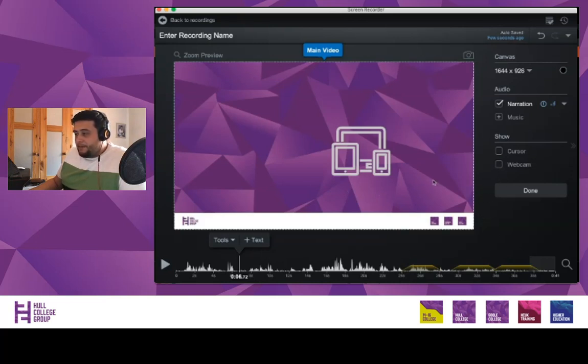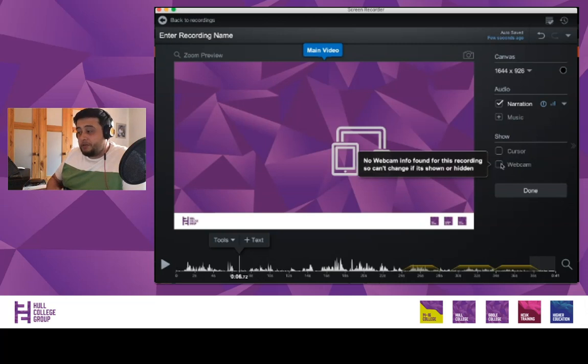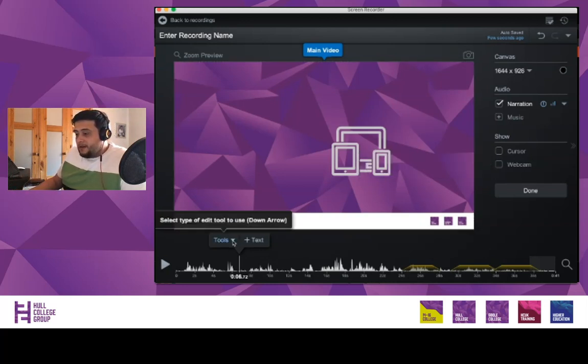If you wanted to add your web camera on top of this one, you can show the web camera, but this really depends on whether the web camera was actually used when you recorded the footage. For this example, it wasn't. So that's why you're going to really suffer with regards to having your web camera on screen, unless you chose to when you first set it up. But what you could do if you wanted to is add